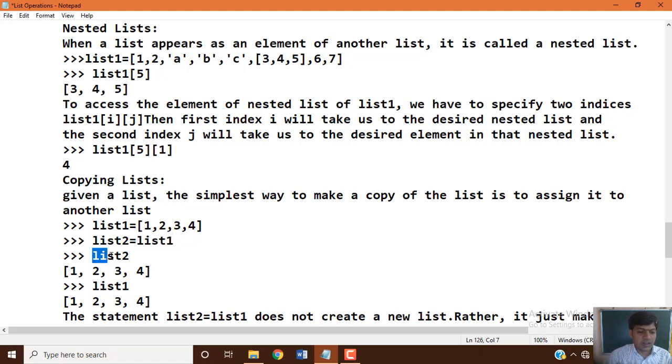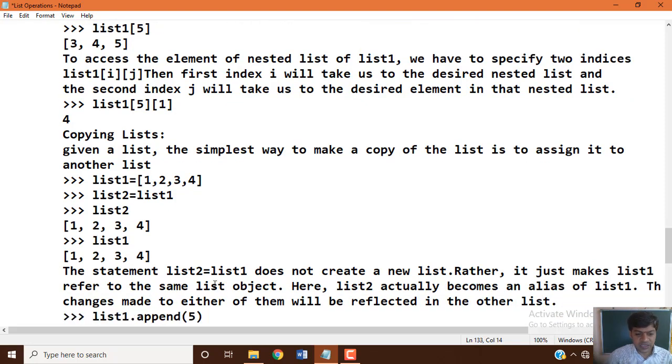That's why when you print the list 2 variable, you will get the output that was contained in list 1. We copied from list 1 to list 2. Same way, list 2 now has the same data items that were earlier in list 1. That's why both outputs will be the same.